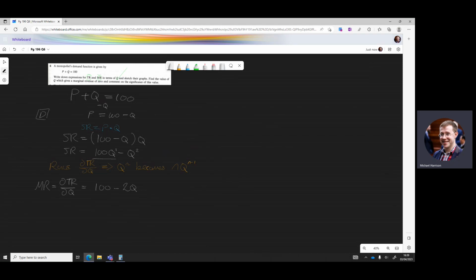Okay, so I want to start by dealing with total revenue. I think I'll start there because it's the most exotic of the two. So I'll work in pink as I deal with this. Now, I know that this negative q square term is what's going to derive the shape of this. If something is square, it's parabola shaped. If it has a negative sign ahead of it, I know that it'll be upside down. So I know that it's going to be that sort of shape,